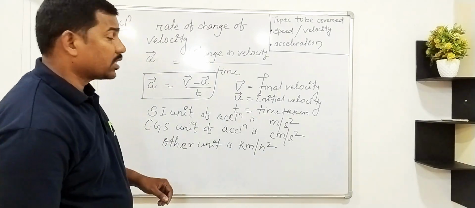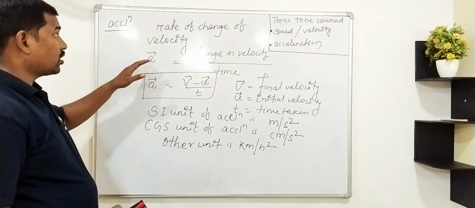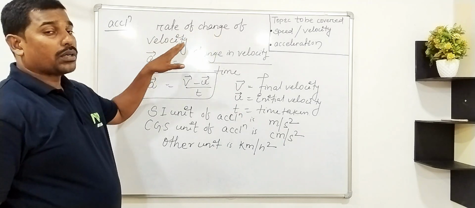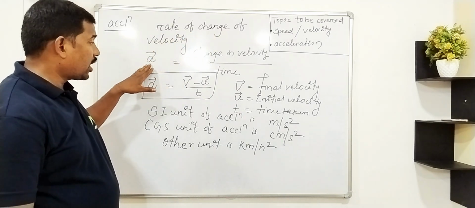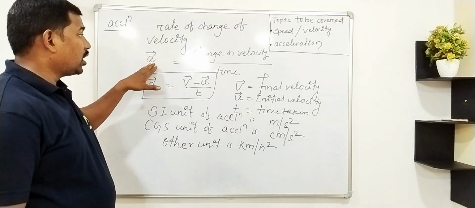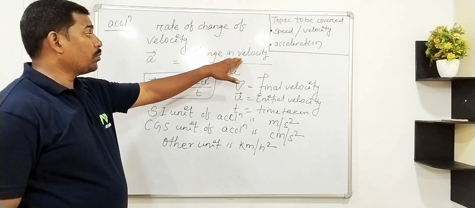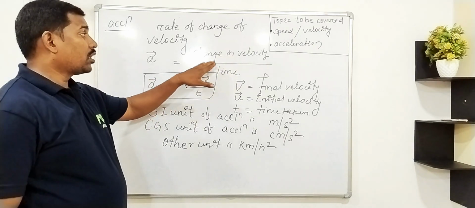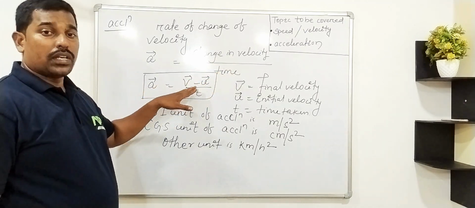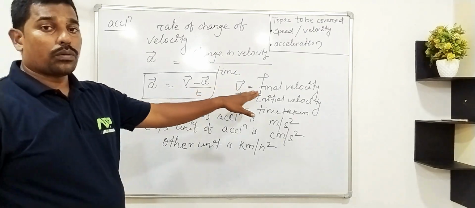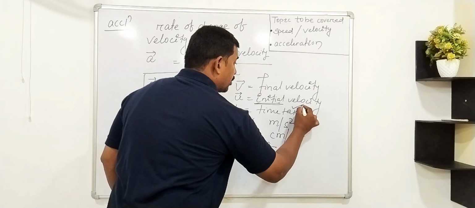Okay. Next we will see types of acceleration. Again, acceleration is the rate of change of velocity. It is denoted as a vector, since it is a vector quantity, so we write a with an arrowhead over it. So a equal to change in velocity by time. Students make a mistake here: it is not velocity by time, but change in velocity per unit time. So a equal to v minus u by t, where v is the final velocity, u is the initial velocity, and t is the time taken.